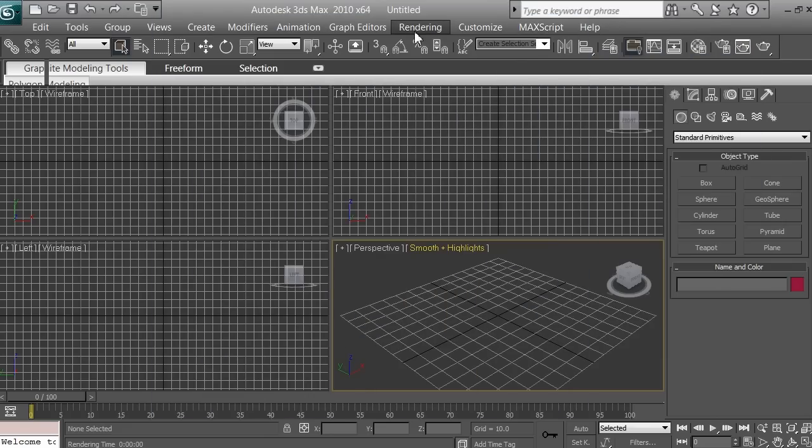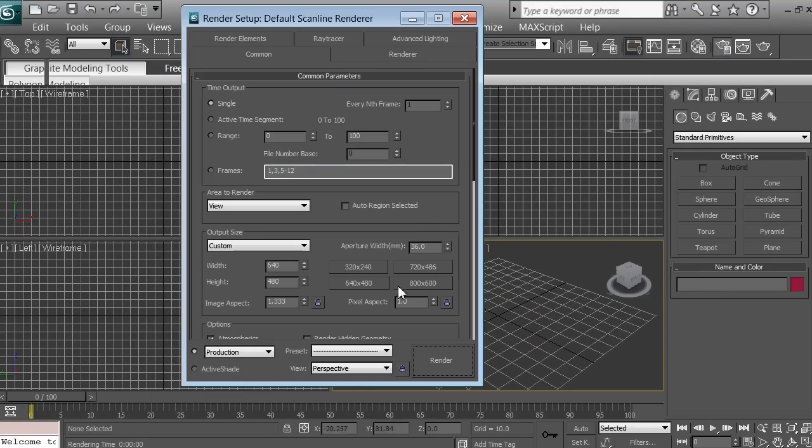Also, there is a setup. If you go to rendering, render setup, there you can set the resolution you would like to render, etc. So when you're rendering, make sure that you're rendering into the production, switch to the production instead of iterative, and for the viewports, you can use all those 4 viewports. Okay,